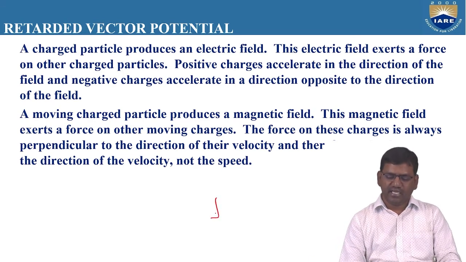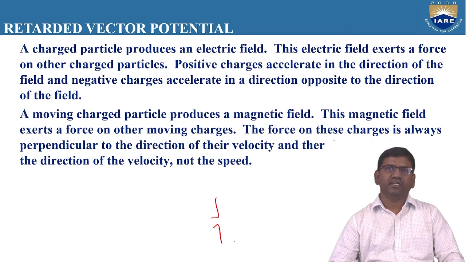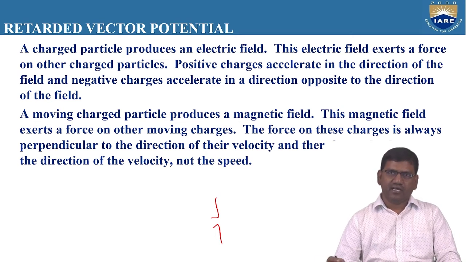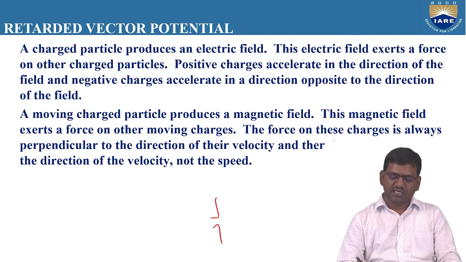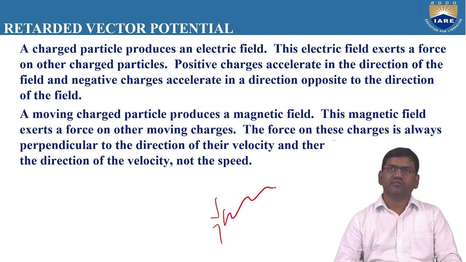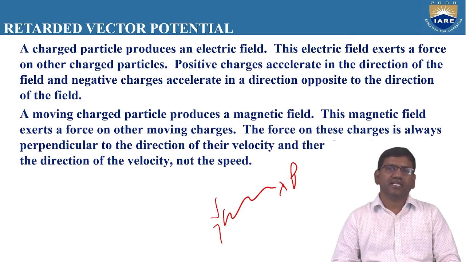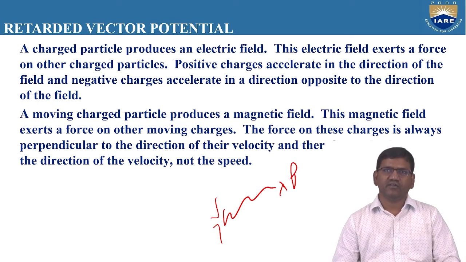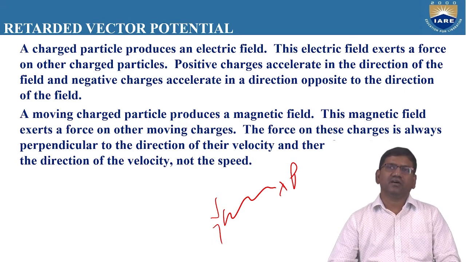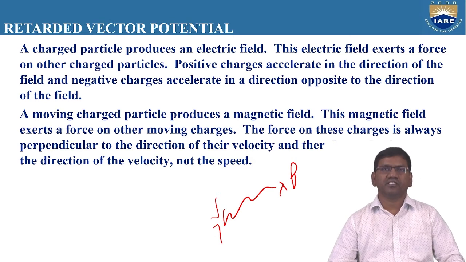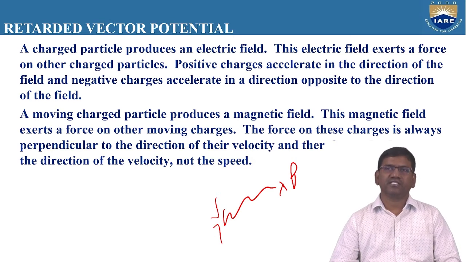Whenever you take an antenna, this antenna radiates some amount of energy at point P. This antenna will radiate some amount of electromagnetic waves, or radio waves, to a distant point P. As we know, all these waves will propagate with the velocity of light, that means 3 into 10 power 8 meters per second.